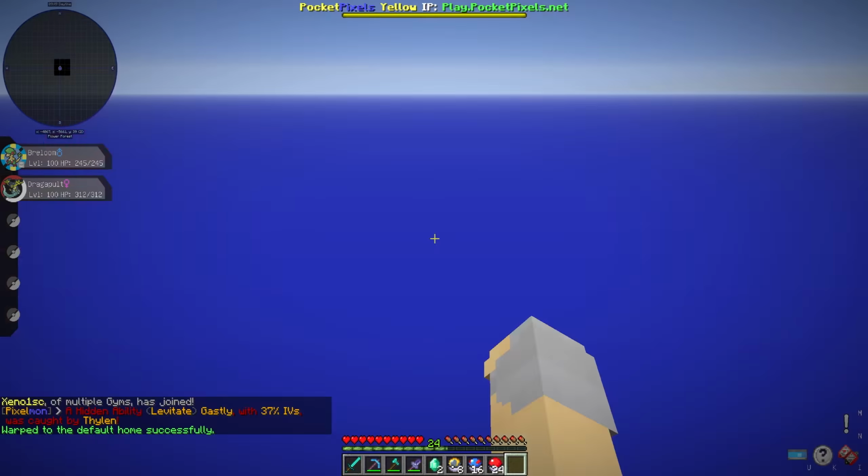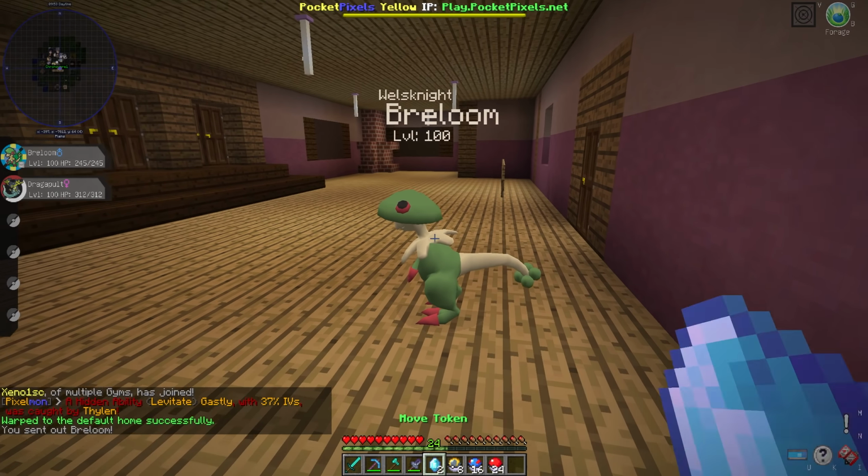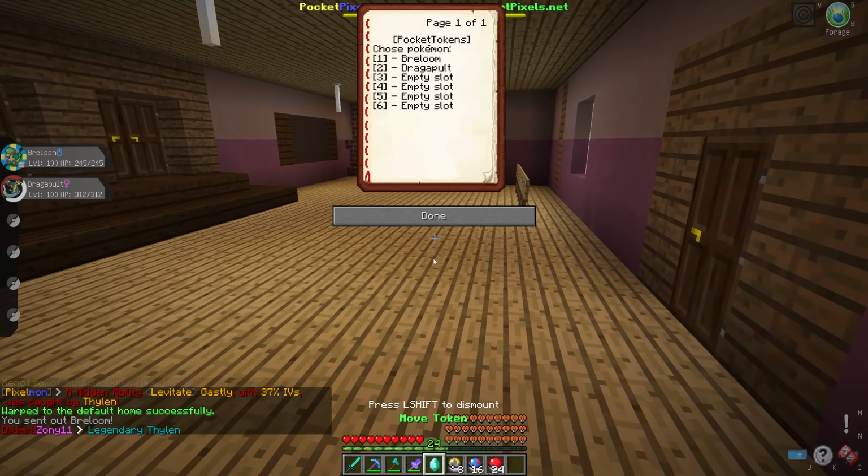Let's go back home. And the way you use this, you just throw out your thing that you want to use it on. And use a move token. We choose Breloom. And we want you to learn...